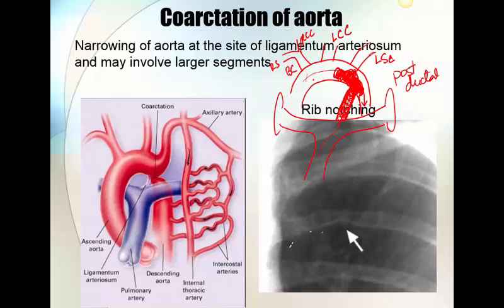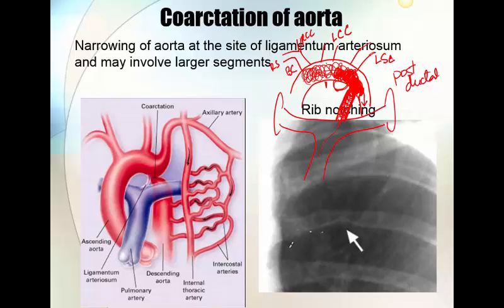It can involve a huge segment. If it involves right from the brachiocephalic all the way up, this very often is not compatible with life. Or it may spare the brachiocephalic but just involve the left subclavian. Whatever the case may be, a collateral circulation has to be set up, or if it involves, as I said, a whole segment like this, it is not compatible with life. We'll discuss this post-ductal